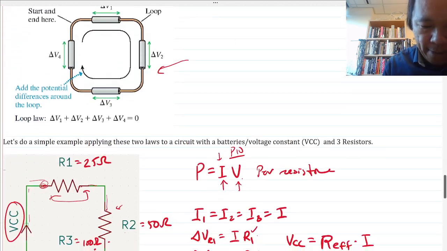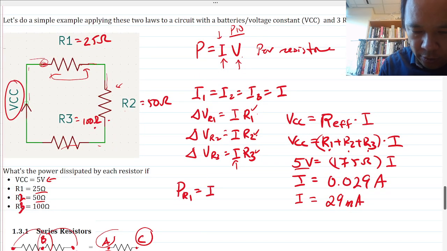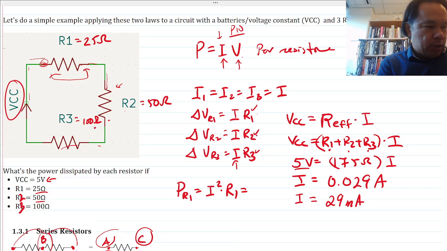So the current squared times R1 in this case. If you square 0.029 times the resistance value of 25,